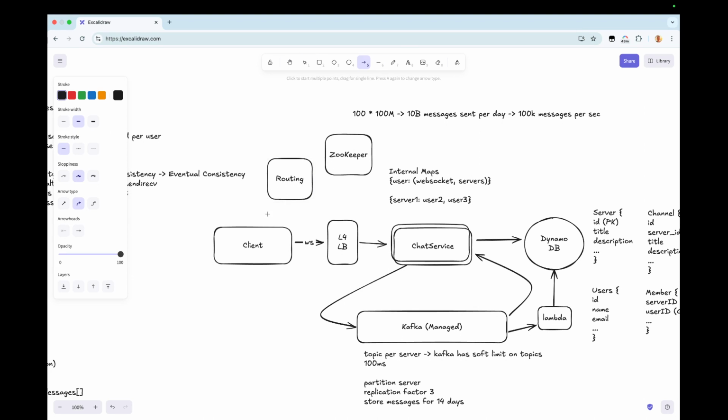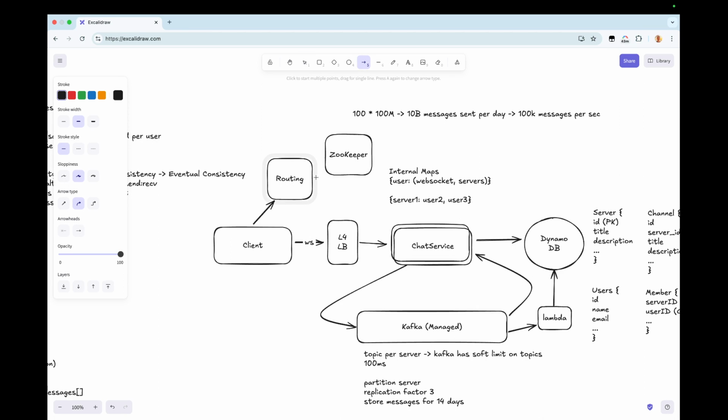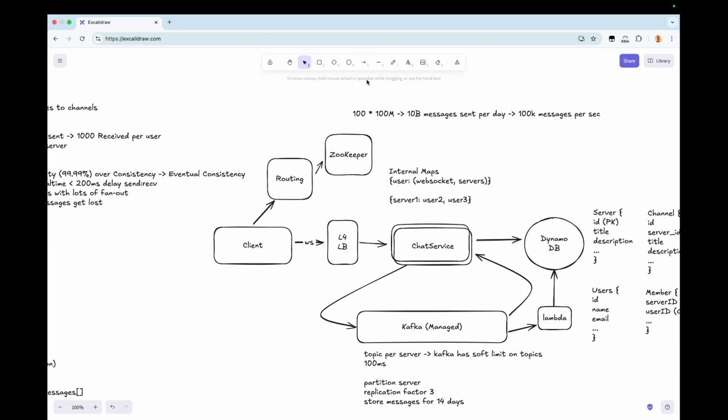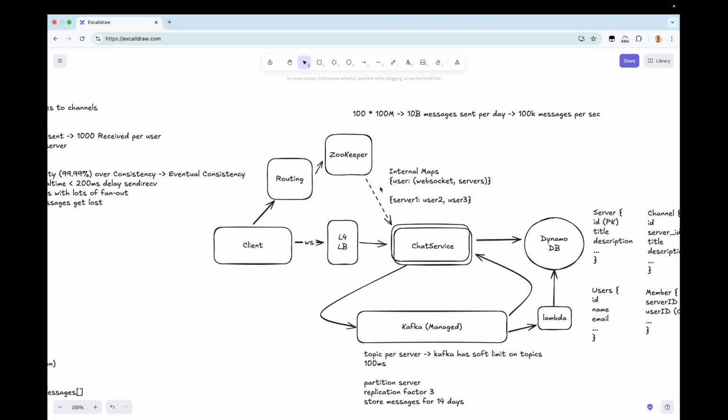which wraps Zookeeper. So the client, when it wants to connect to a chat service, it'll go and talk to the routing service. The routing service will go talk to Zookeeper. Zookeeper will be responsible for essentially monitoring this chat service and maintaining a consistent hashing ring of the chat service instances. And what this will say is basically like this range of chat service instances is responsible for this range of